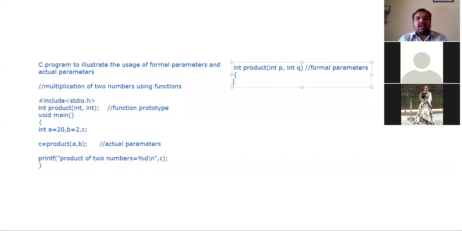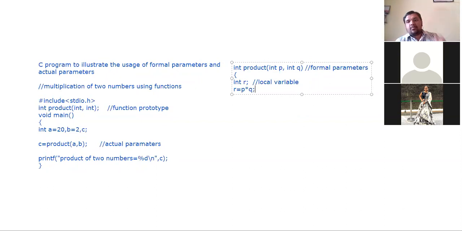Which is going to do the multiplication operation. Now let us take up int r. What is this int r? This is a local variable. Understand? Next, r is equal to p into q.